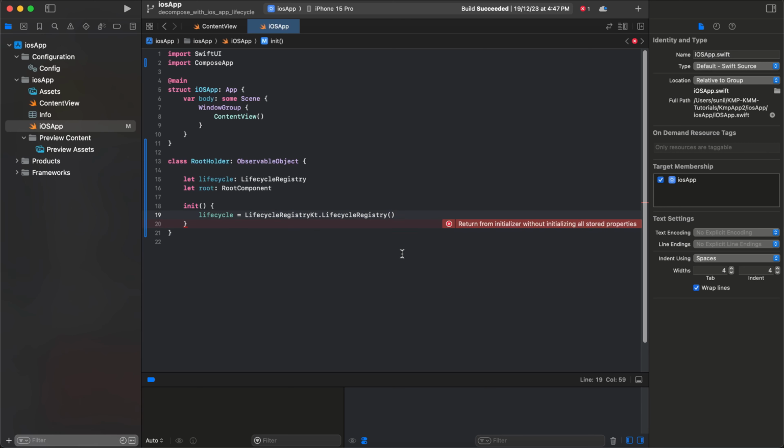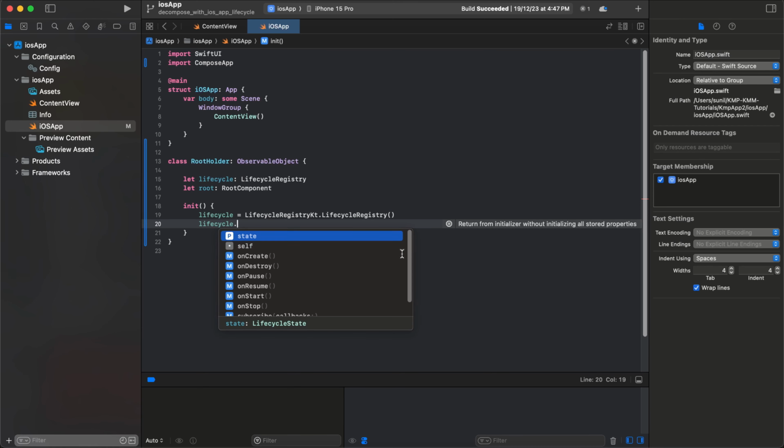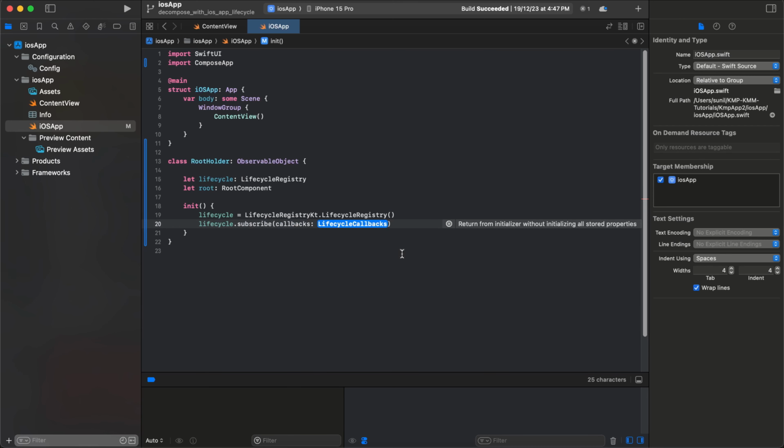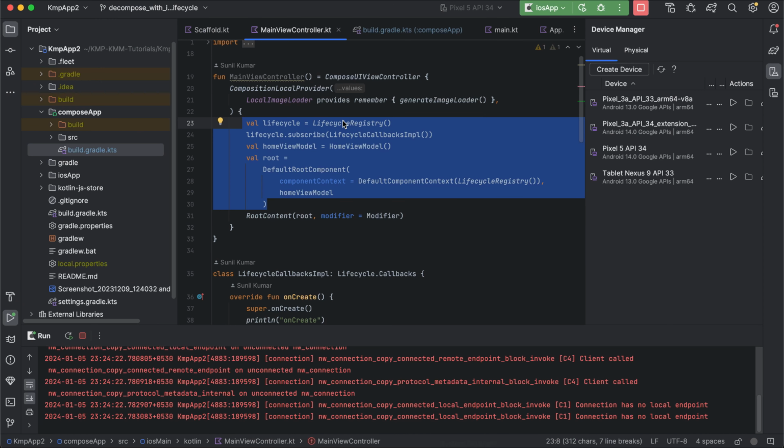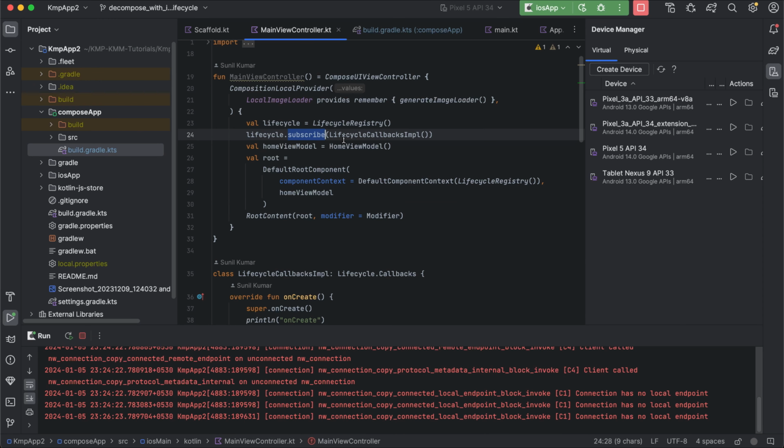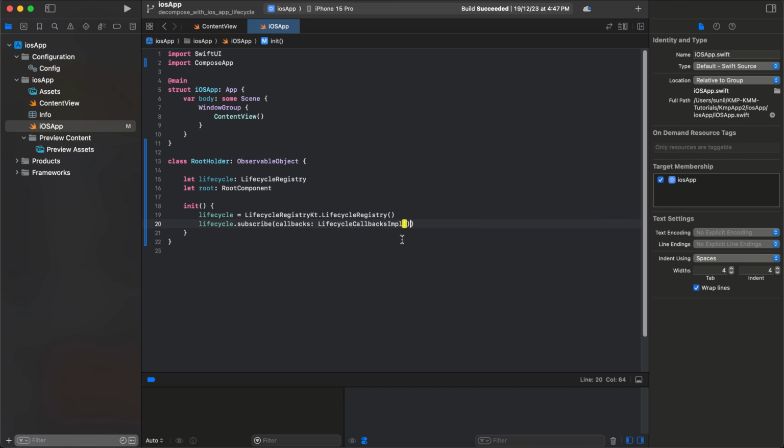And then let's call lifecycle dot subscribe. Now if you see here, we have subscribed this class, right? So the same thing we can use there. Later we will remove this code, so we can add that here,